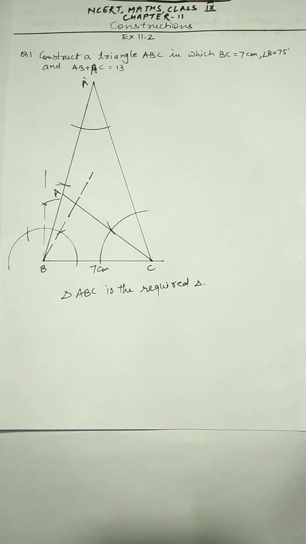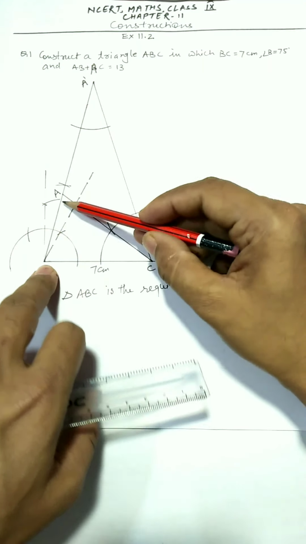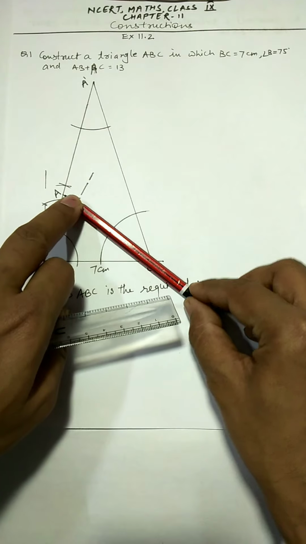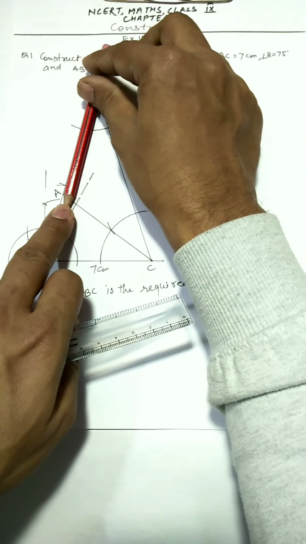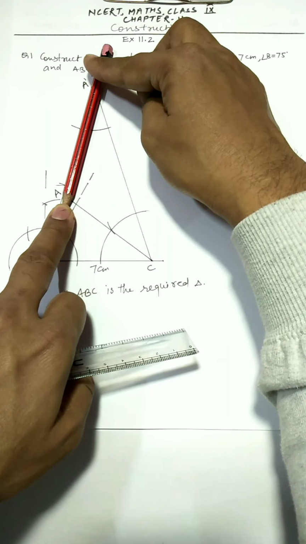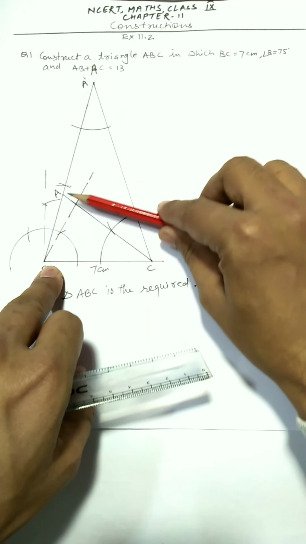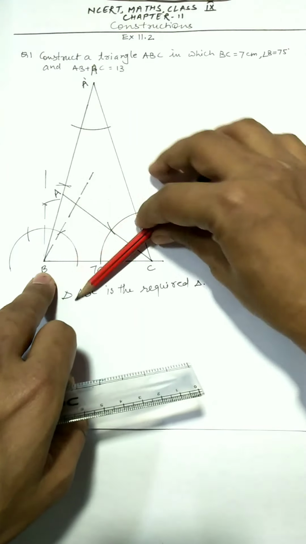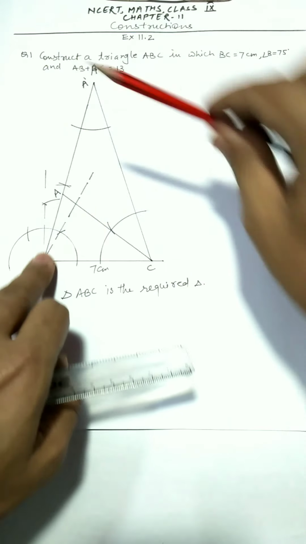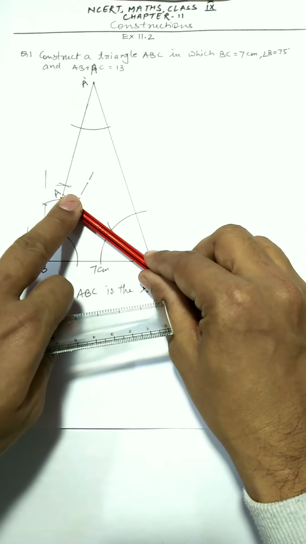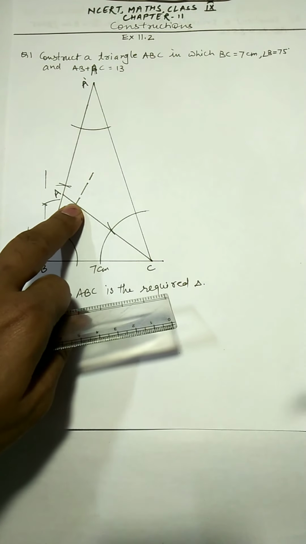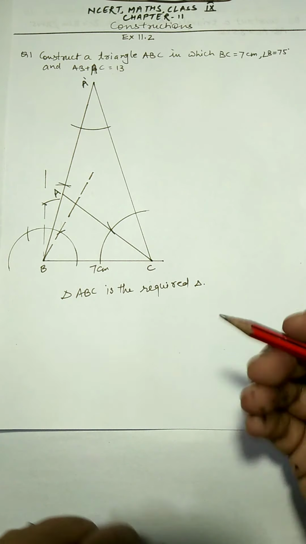But we can recheck this in some other way also, that AB is fixed. It means if this length AC is equal to this length AA dash, then your work is done, because B to A plus A to A dash is a total of 13 centimeter. So AB is there. If I am able to show that AC is actually equal to A dash A, then my work will be done. So how can I show this?